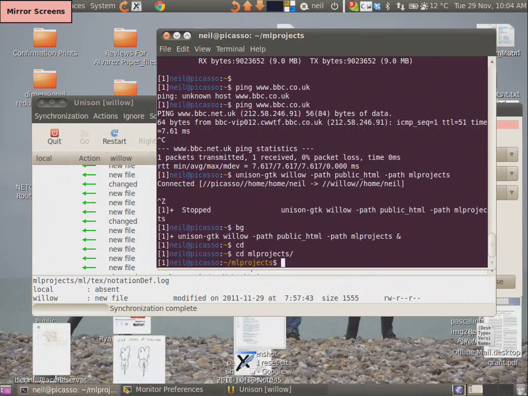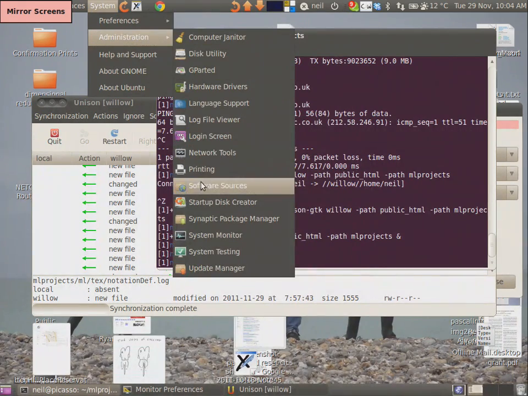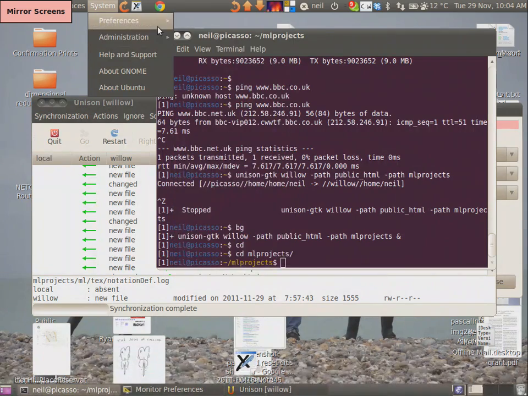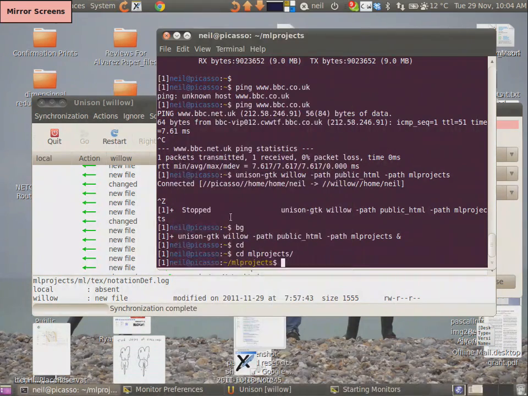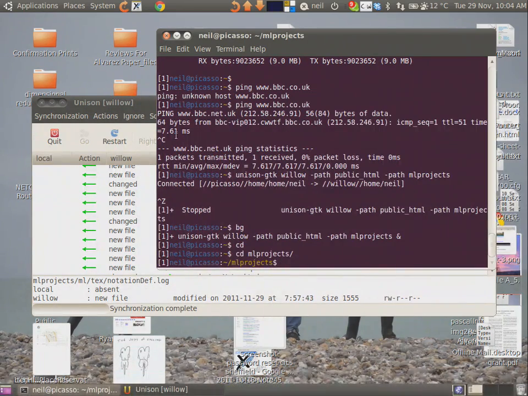Okay, so first things first, I've prepared a tutorial sheet for you. First things first, let's get rid of that monitor thing. Preferences. So I've prepared a tutorial sheet for you and put it online